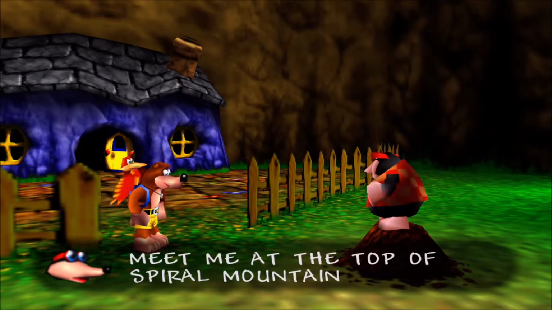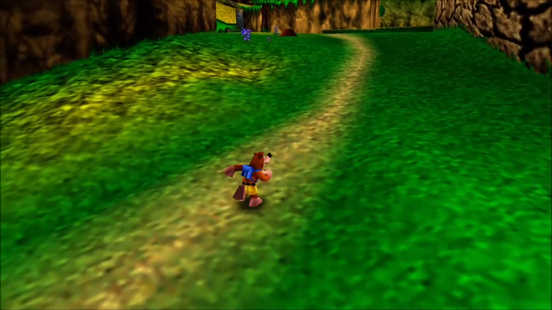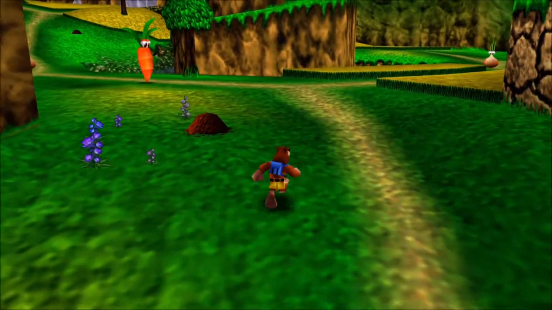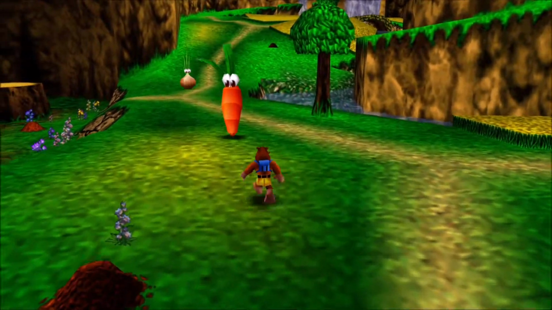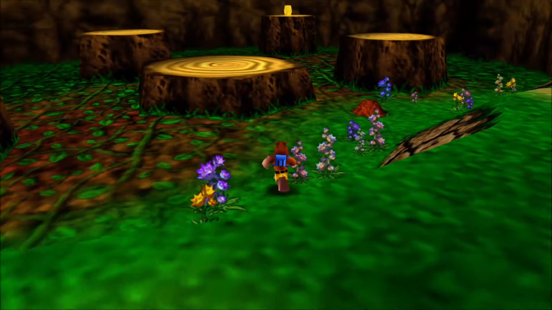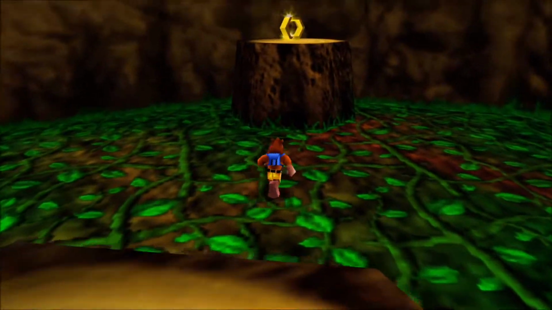So, this is Spiral Mountain, and this is your starting area. This is your first world. And in this area you can instantly increase your health gauge. Before even going into a proper level, you can get your health gauge increased. And the best way to do this when you first play this game is to accept his little